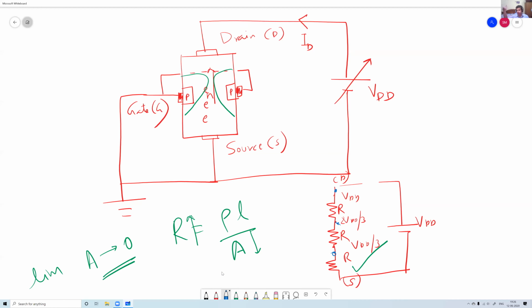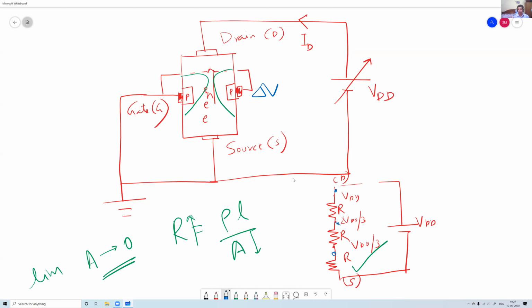So this change of voltage, what we are seeing here, delta V, it is there due to the flow of current. Now, if the current flow stops, then the change of voltage will vanish, and the depletion region, which was closed, will move apart. So obviously A will increase. So even if A is very close to zero, R is never infinite. There is a very small area from which the current flows. So R is highest, but R is not infinite.